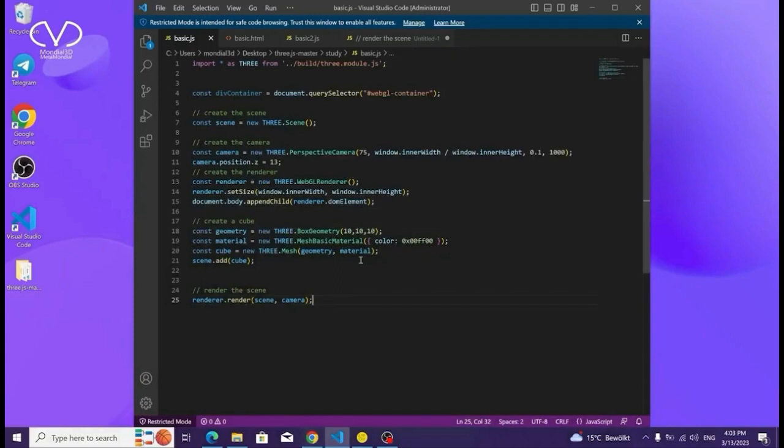Up to this part, we learned how we can make a new object. So for example, what I'm going to do here, instead of the box geometry, I'm going to make a sphere here. So a sphere geometry. Okay, now it's not possible because